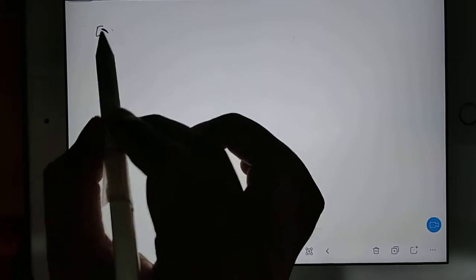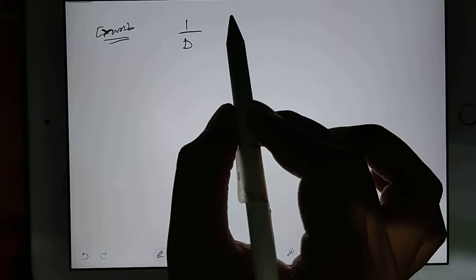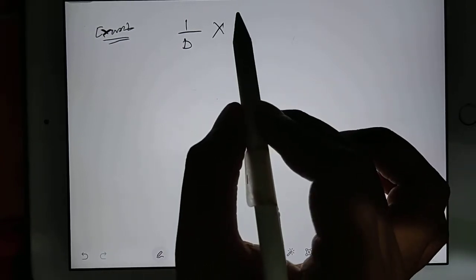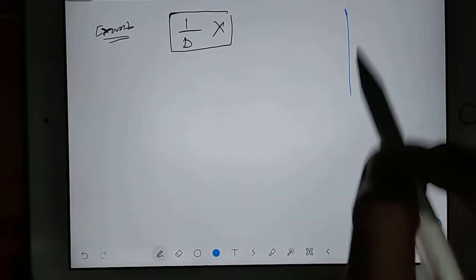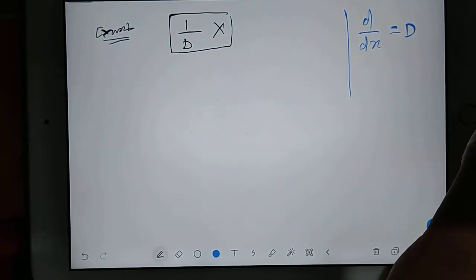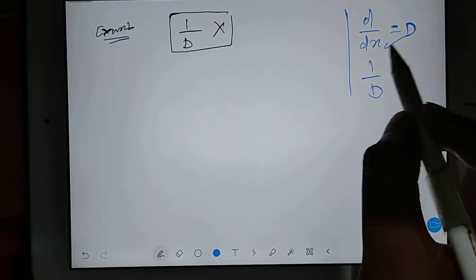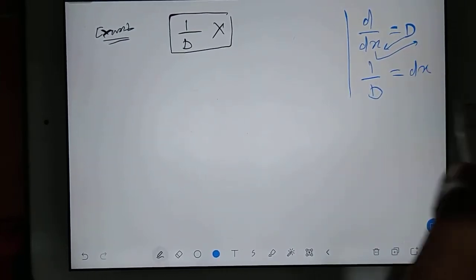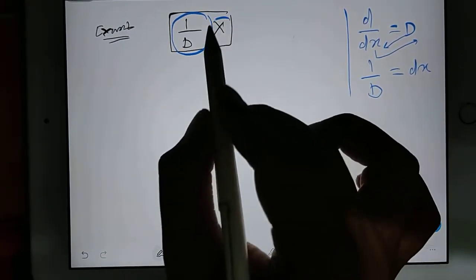Suppose you take an example. Suppose somewhere you are getting d alone, and you have any function x. We are not sure what the function is. So what will you do? Side by side, you should always keep in mind that this d is nothing but d by dx. Only this part I am writing as d, remember. So if somewhere I have d here, it means this dx you send here. So this will be equal to dx. So 1 by d I can replace with dx. So already this guy is a function of x.